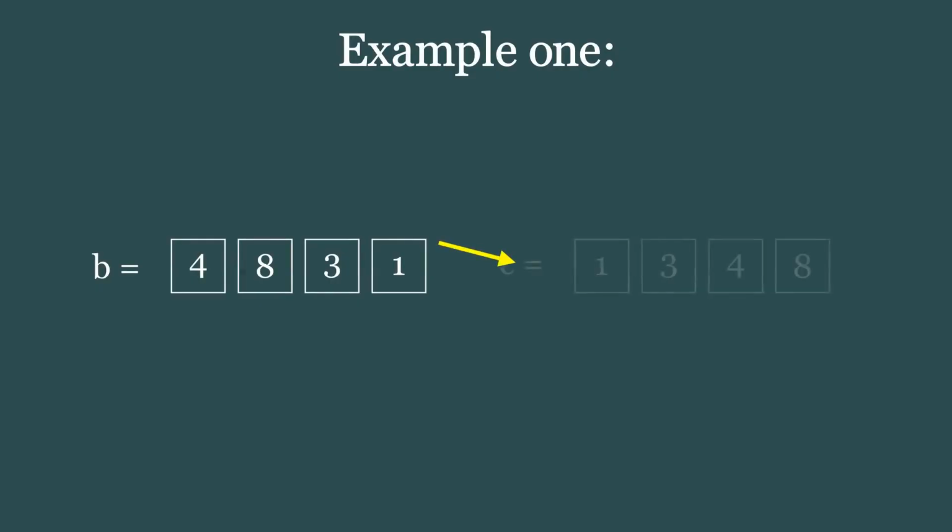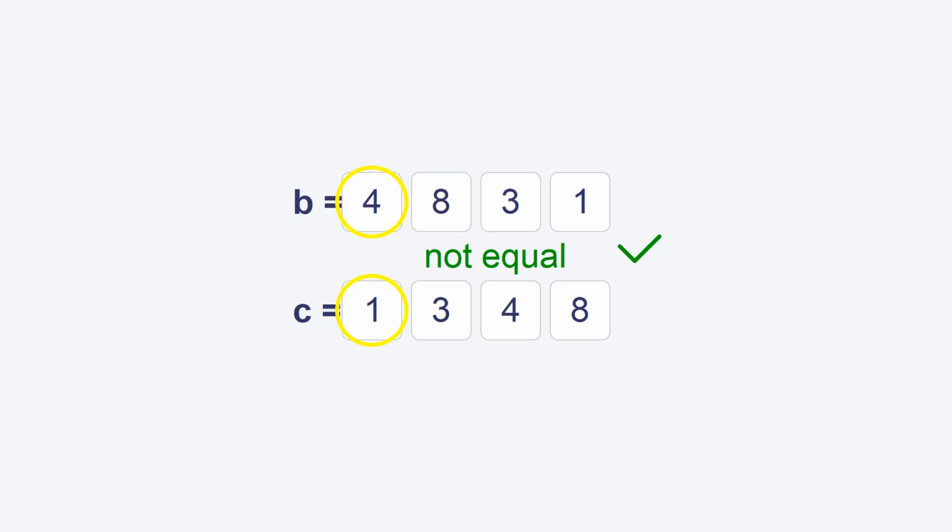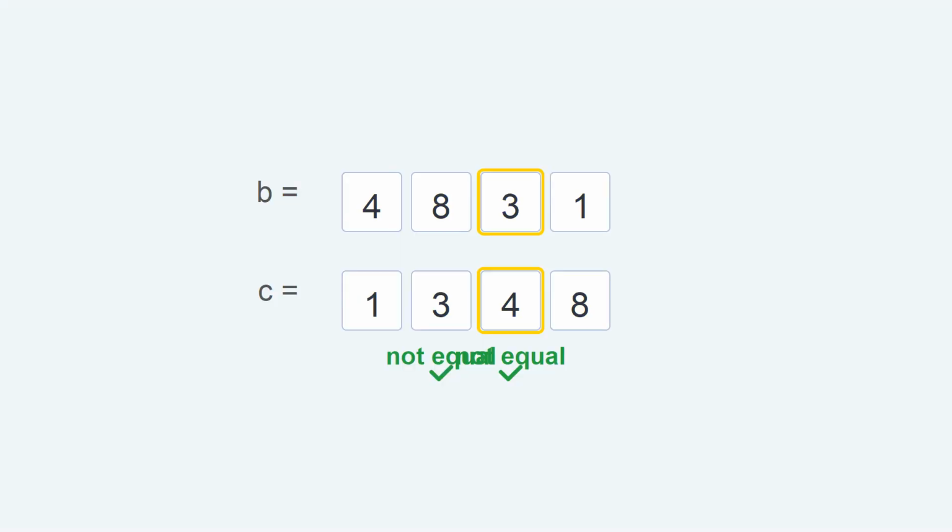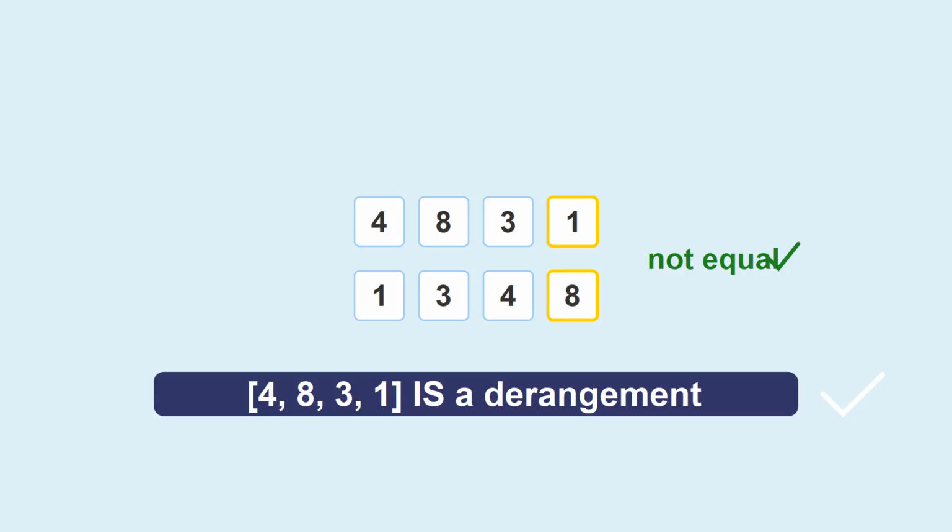Example 1, B equals 4, 8, 3, 1. If we sort this, C becomes 1, 3, 4, 8. Now let us compare element by element. B sub 1 equals 4, C sub 1 equals 1, not equal. Good. B sub 2 equals 8, C sub 2 equals 3, not equal. Good. B sub 3 equals 3, C sub 3 equals 4, not equal. Good. B sub 4 equals 1, C sub 4 equals 8, not equal. Good. Since B sub I is never equal to C sub I at any position, 4, 8, 3, 1 is